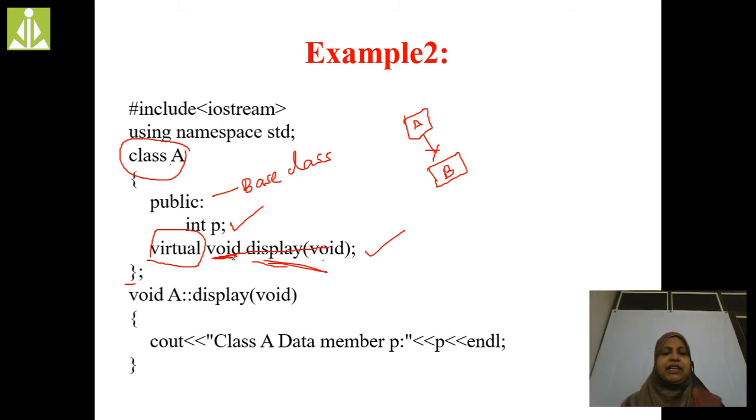Remember one thing, I am declaring this void display method as a virtual function. In the base class I am declaring only the P variable. That's the reason I am going to display the value of P in this display method which is declared in class A, that is the base class. Up to here clear?